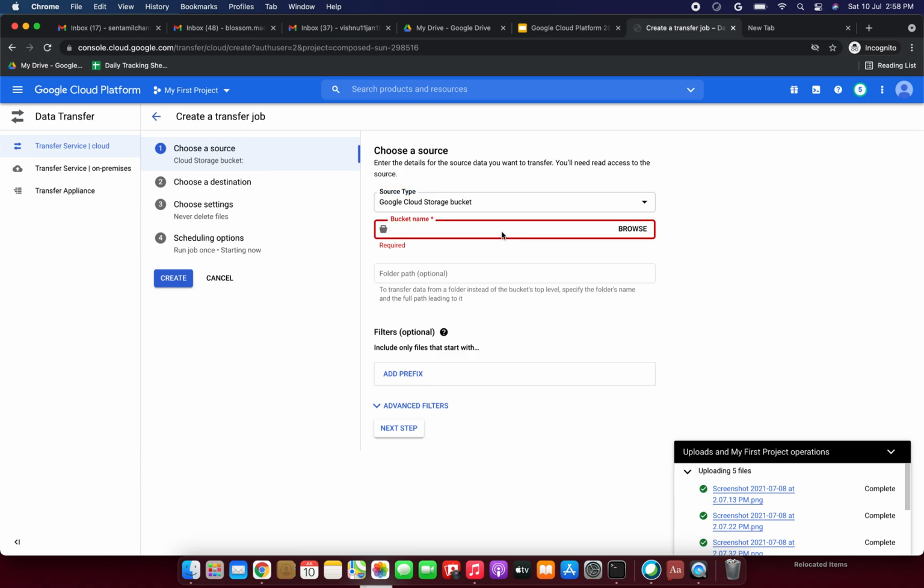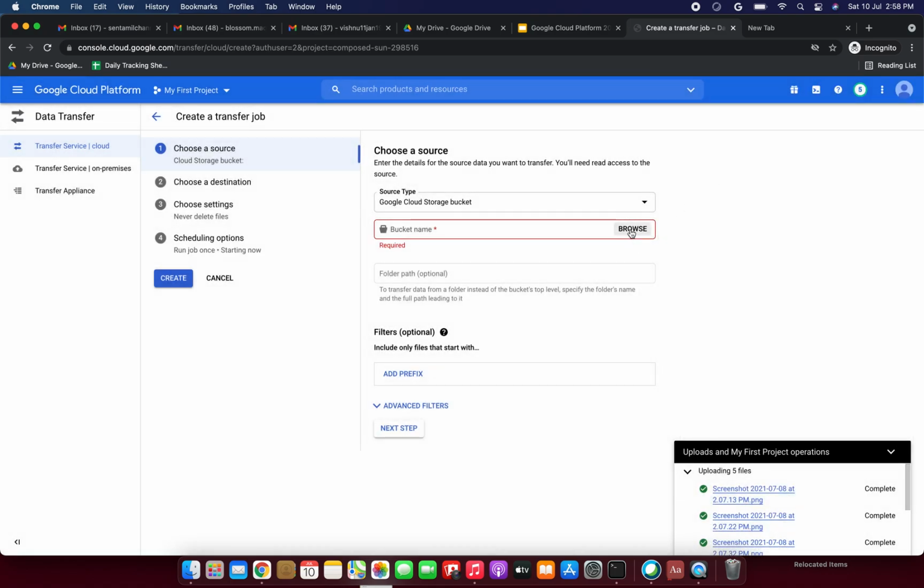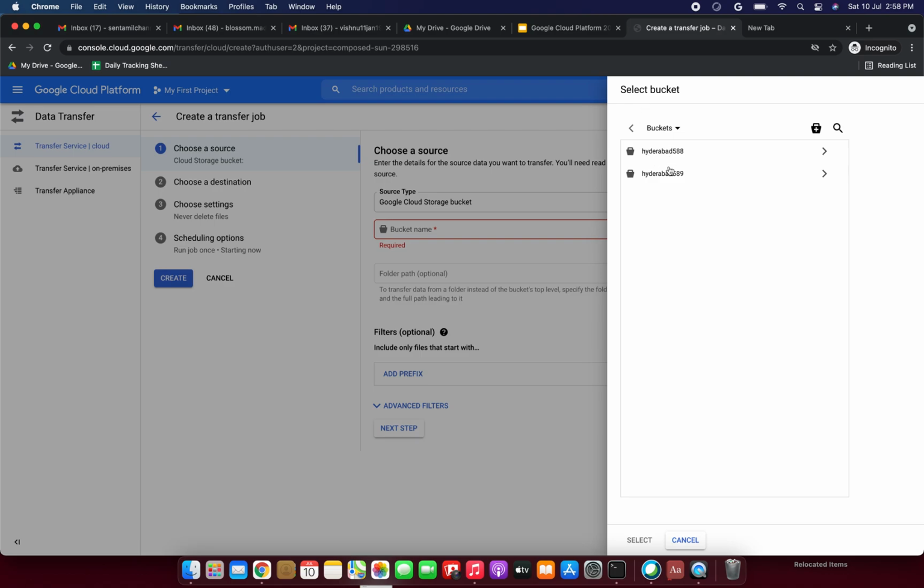Here we need to give the source bucket. See here, choose a source. In the 588 bucket, I have uploaded some files. If you click the browse option, you can see our buckets; for example, if a bucket has been created in our project, it will reflect here.